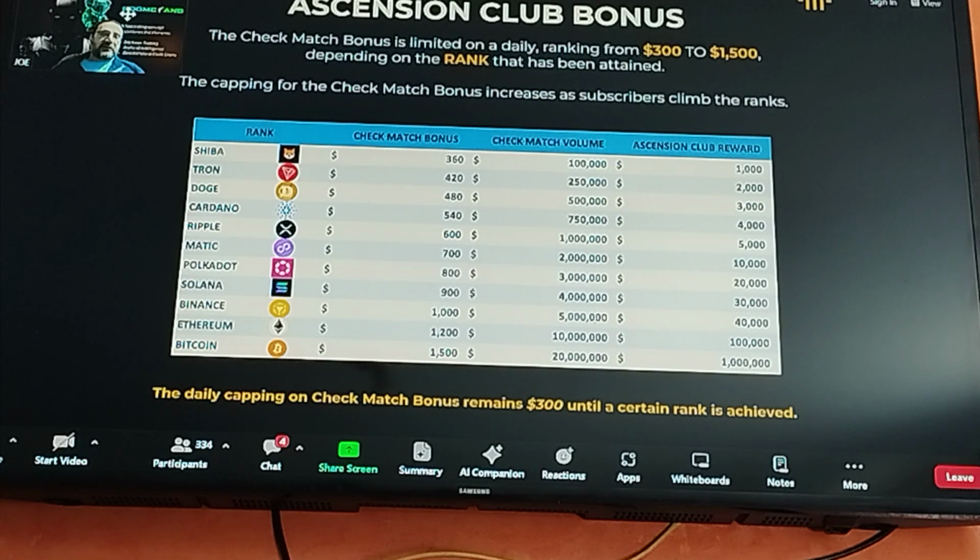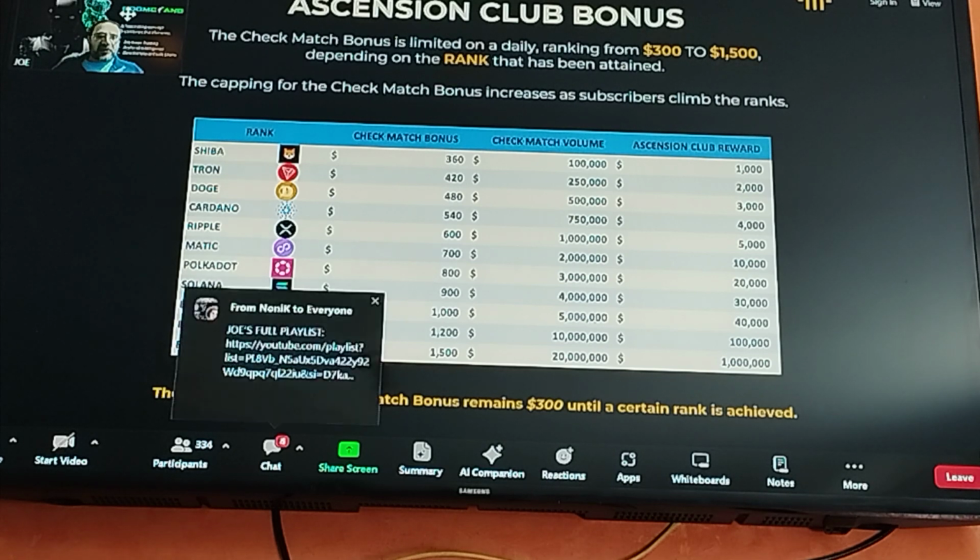This is the same chart, the same ranking system, but in chart form. Please do take a photo of this, take a screenshot of this, print it out, put it somewhere where you can't walk past it without looking at it. Put it on your mirror, put it on your front door, put it on the dashboard of your car, put it on the fridge, put it on your forehead so when you look in the mirror you see it, and start charting your success.